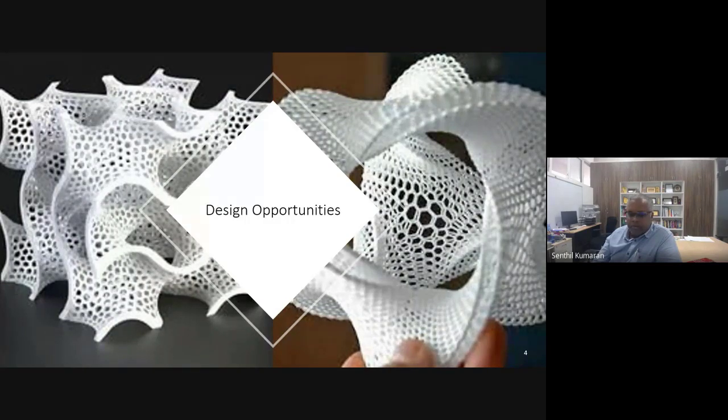You have blood tissues. You have so many different kinds of materials, right? So let's take an example of a bone. The bone is a very complex structure. I don't know how many of you have seen this. If you have seen any CT scan, in most of the CT scan to 3D model conversion, you can also measure the bone density. So probably when you try to draw a line and then plot the bone density from the bone center